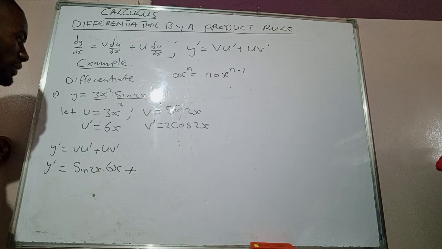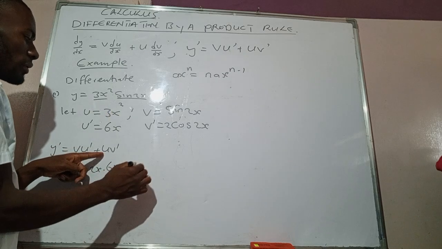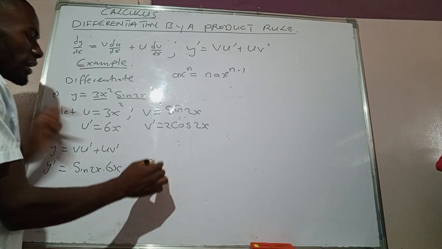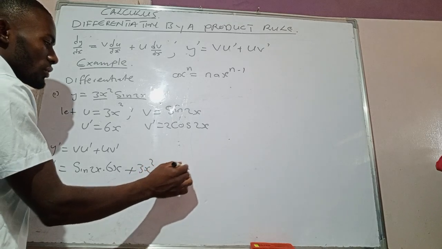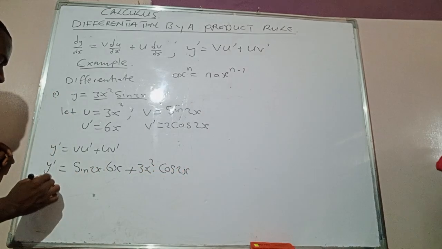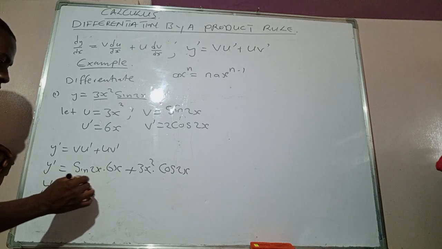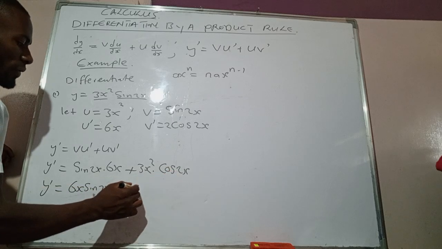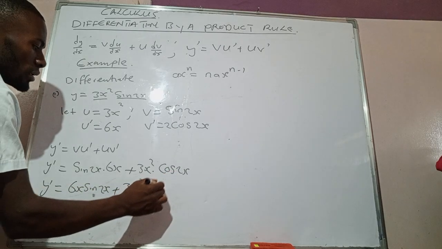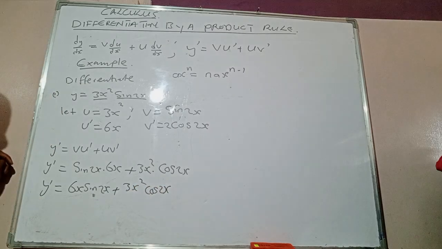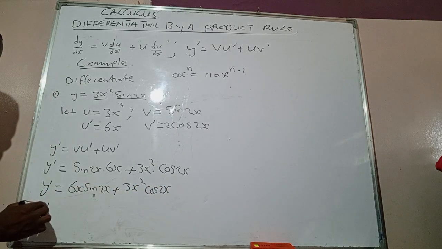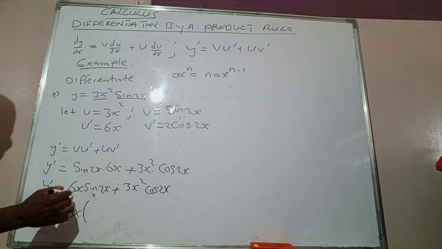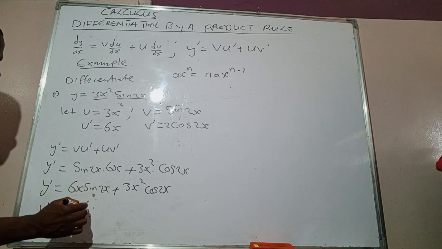Plus we have u, our u is 3x squared, multiplied by our v prime, which is cos 2x. Then we expand here. y prime is equal to 6x sine 2x plus, when you multiply here, you are also going to have 3x squared cos 2x. Okay, so you can factorize what is common here. So y prime is equal to 3x, open brackets, here you remain with the 2